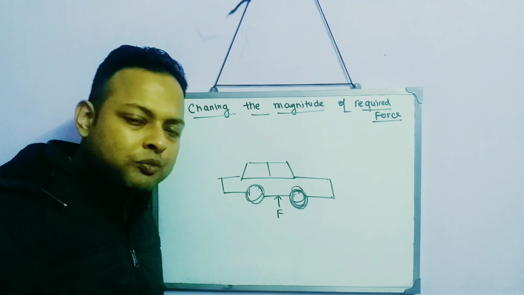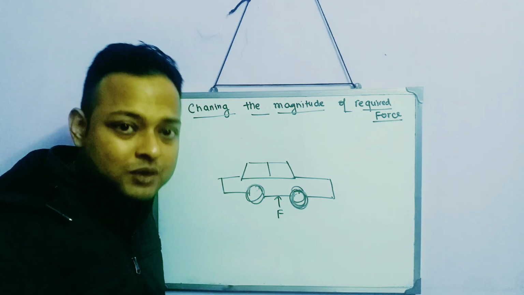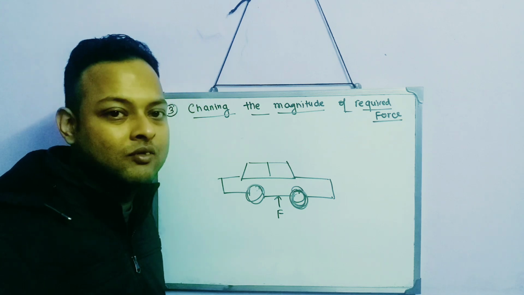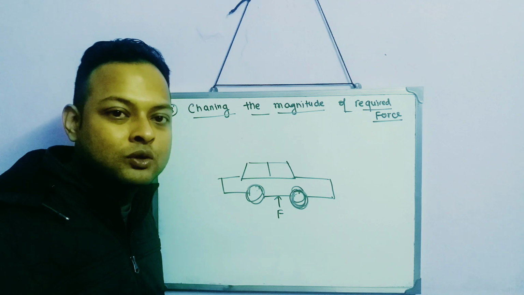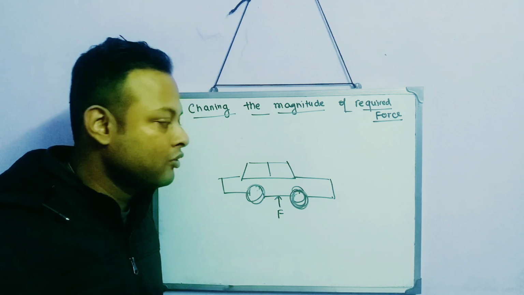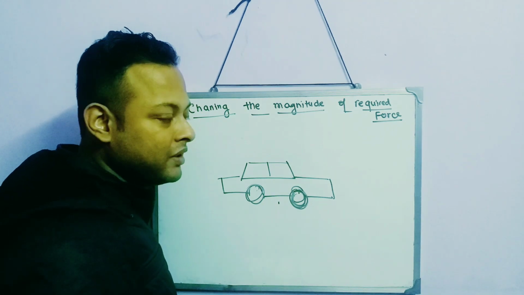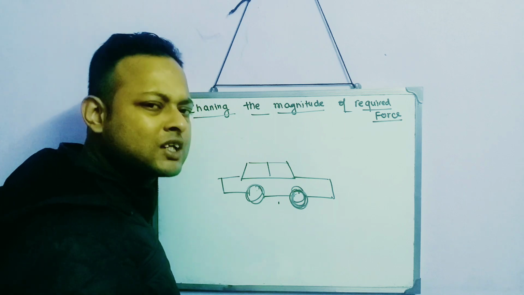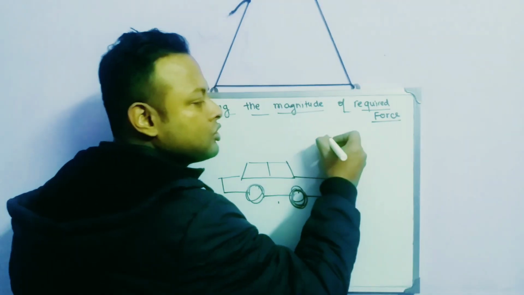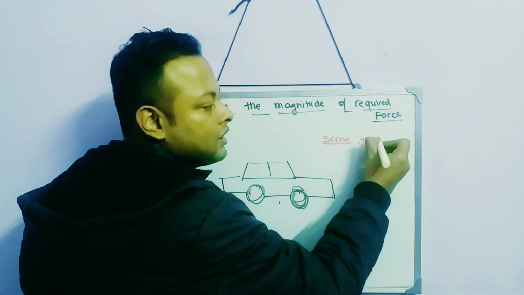Now tell me, is it possible for any human being to lift a car? It is not possible at all, because the car is quite heavy and we don't have that much muscular strength to lift it. That is where a machine comes to help me, and that machine is called a screw jack. Car jack, screw jack, all the same. So I will take a machine called a screw jack.